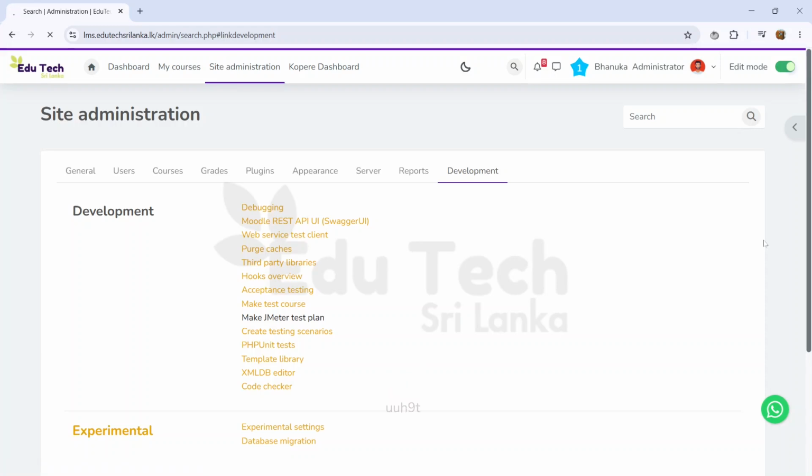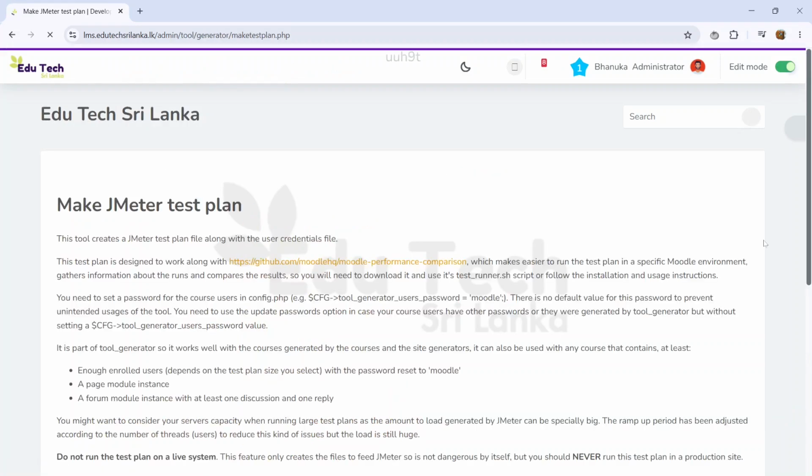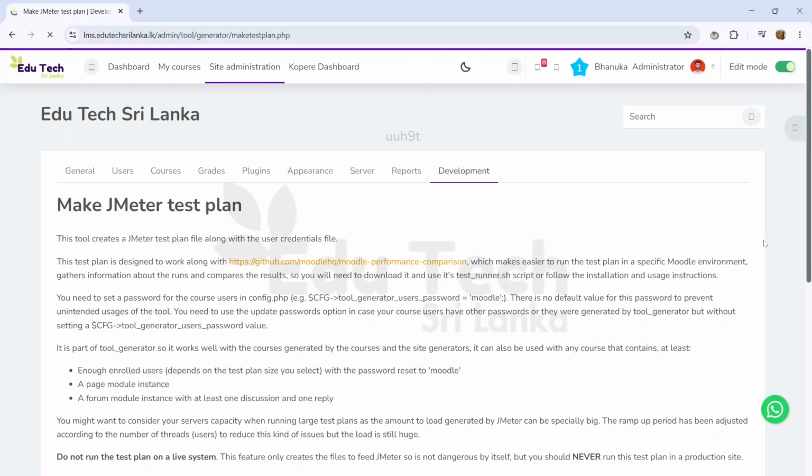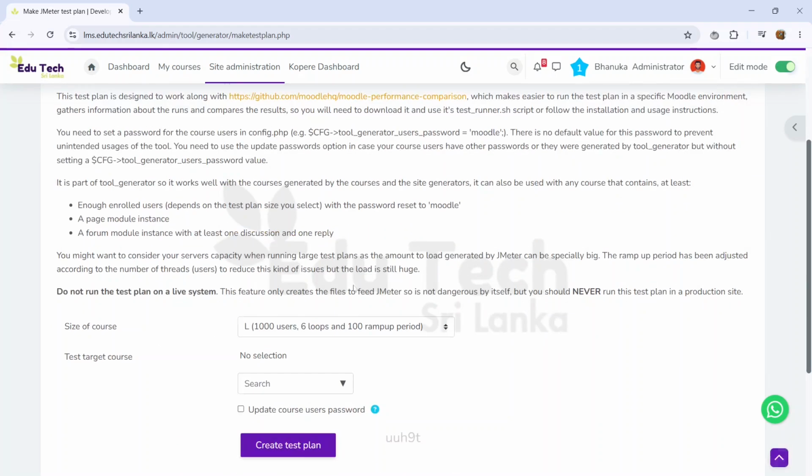Now you see, JMeter is a Java application which can be installed on your laptop or within the server, and with the use of JMeter you can test how the systems run. You can generate load testing, and it will return the reports and summary of whether the server is okay to run, whether the server can handle this amount of load. Yes, it is possible. Now let me check here.